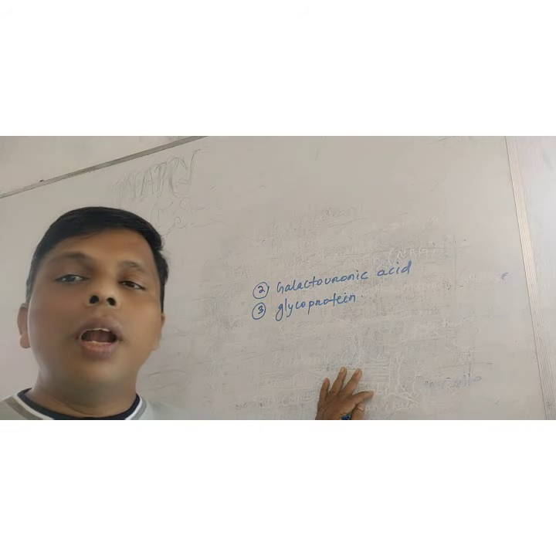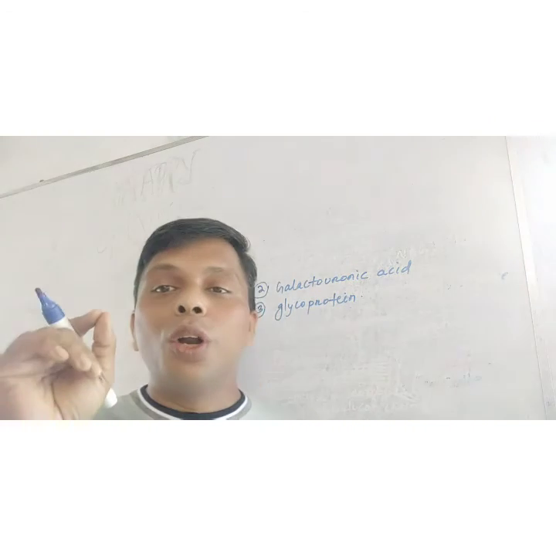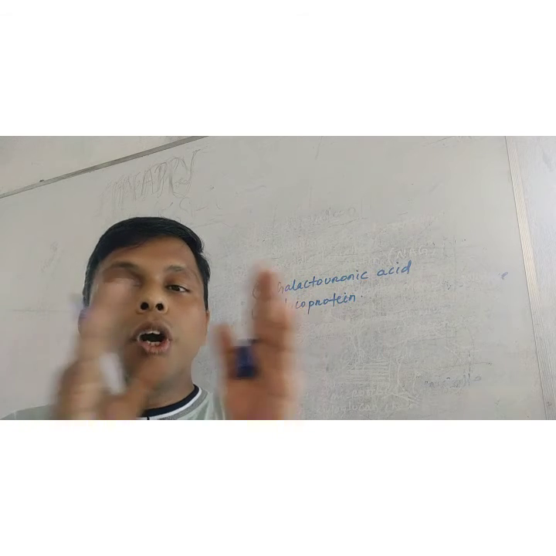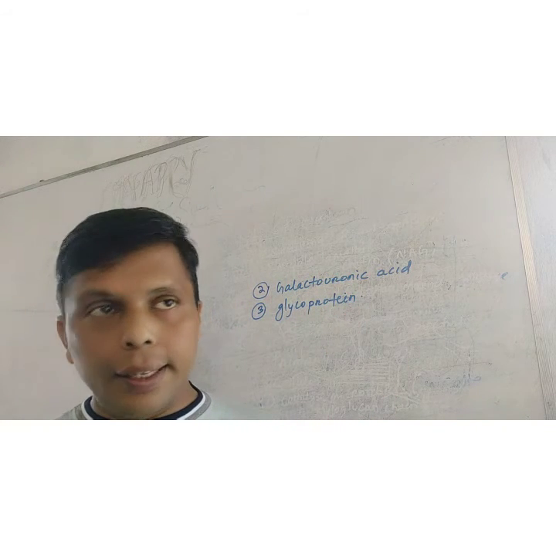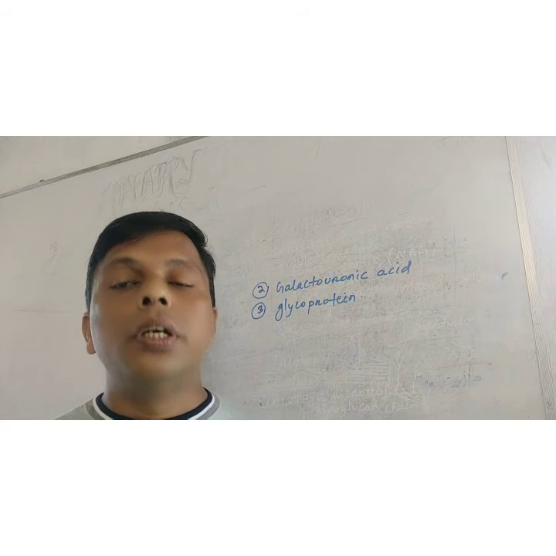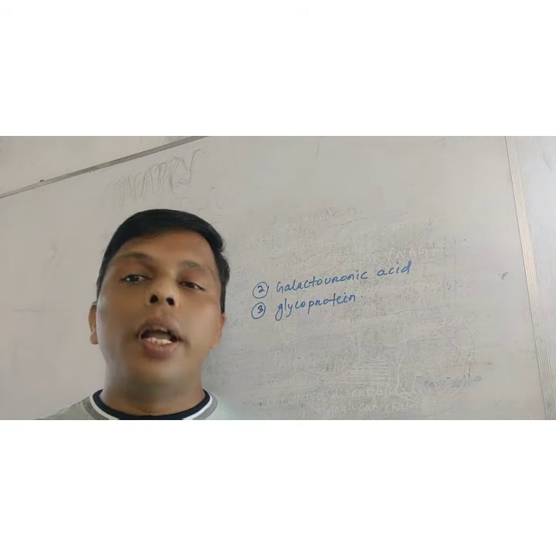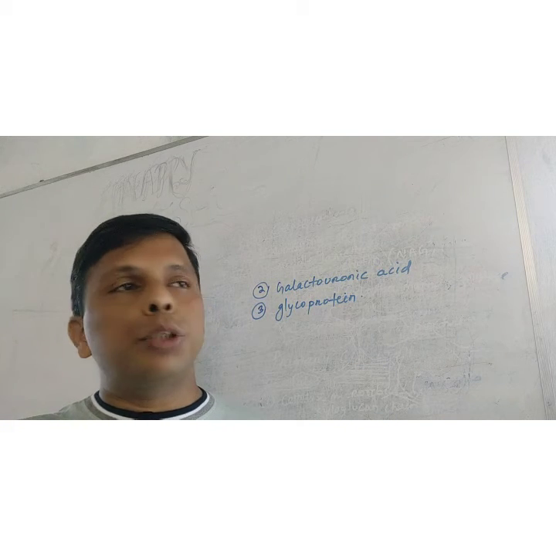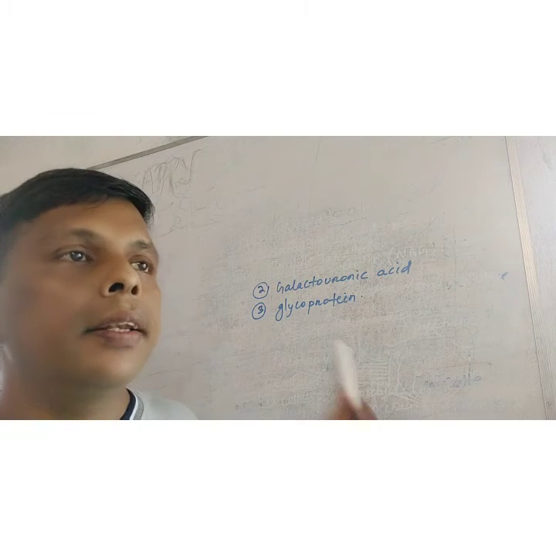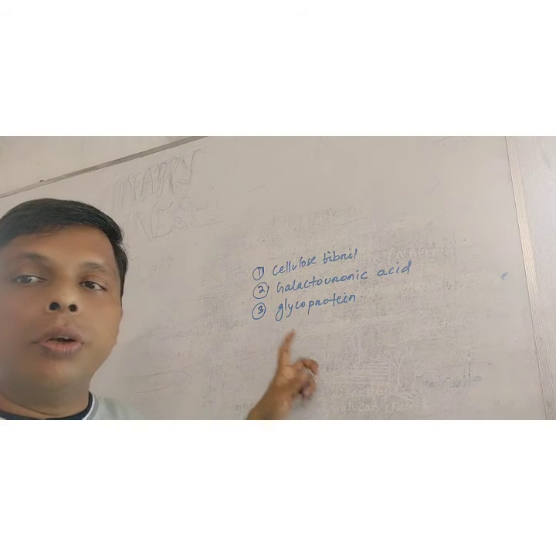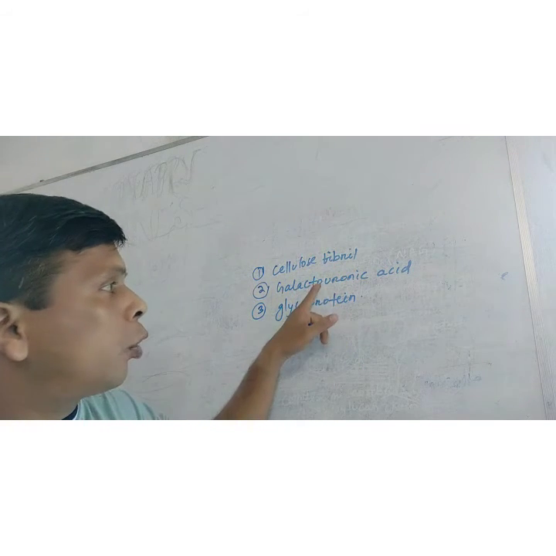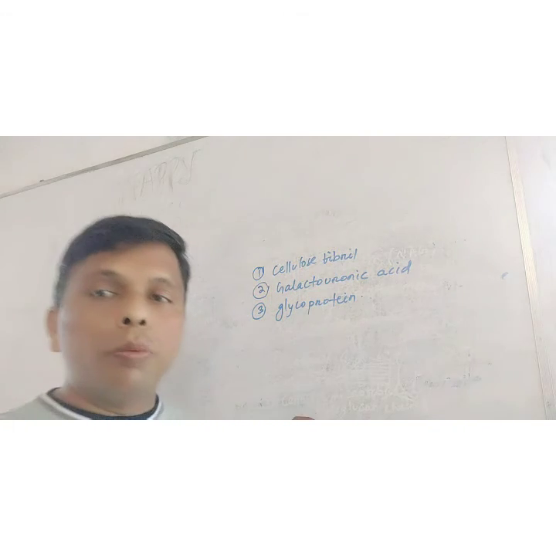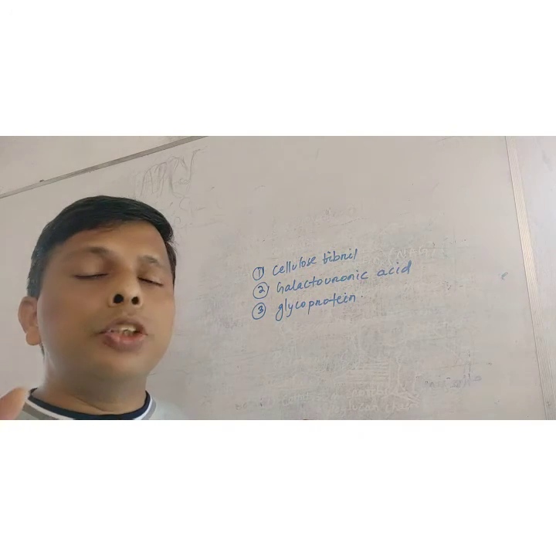The primary cell wall and middle lamella have certain pores in them. These pores are meant for communication between adjacent cells, for transport of material from one cell to another. So these are communicating pores at the base of plasmodesmata. The three network system: cellulose fibril, galacturonic acid residue, glycoprotein. These three networks form the primary cell wall, but it is very thin.